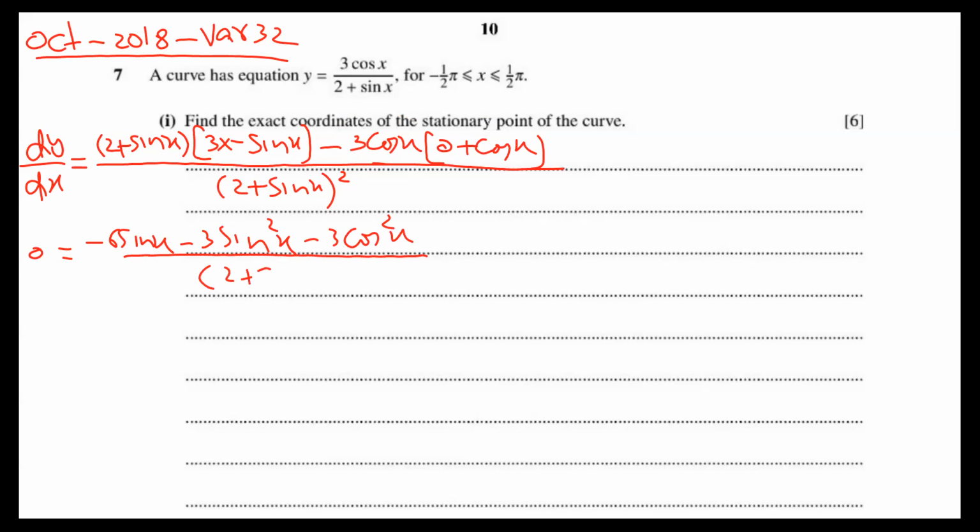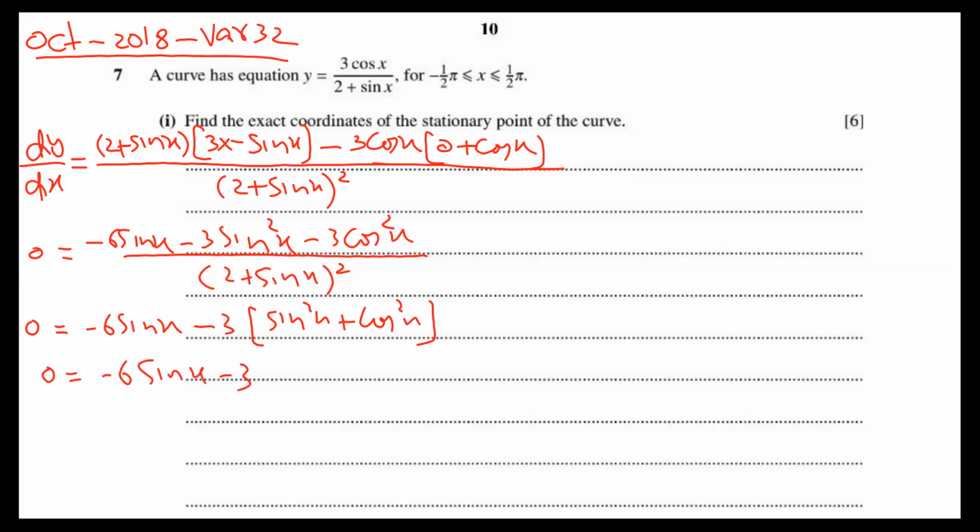The down part I have as it is; this whole denominator multiplied with 0 will finish automatically. Now you can see that in this, 3 common out, what is left inside? Sine square and cos square, which equals 1. So this becomes -6 sine x minus 3. So 6 sine x is equal to 3, and sine x is equal to